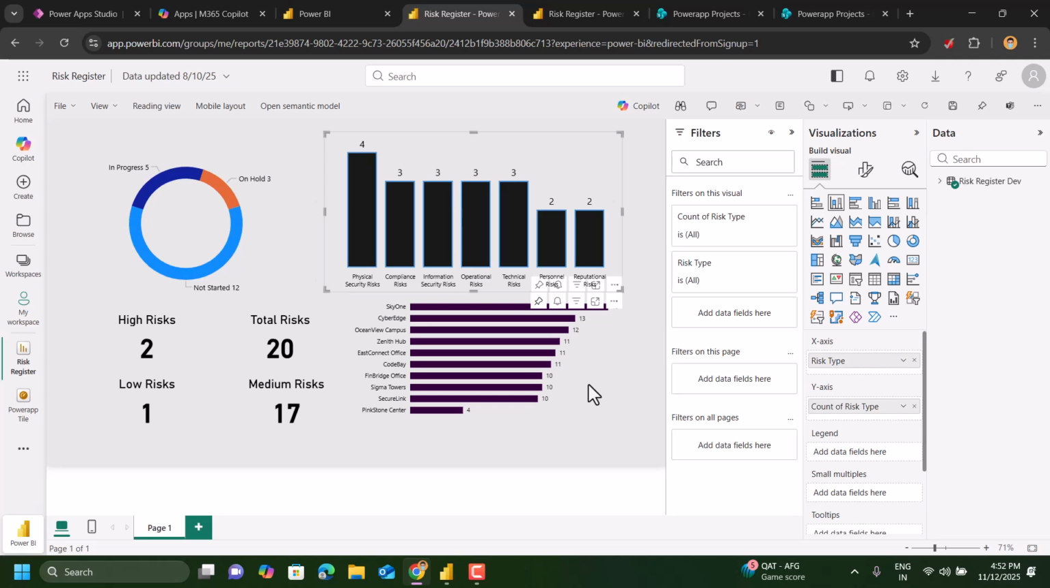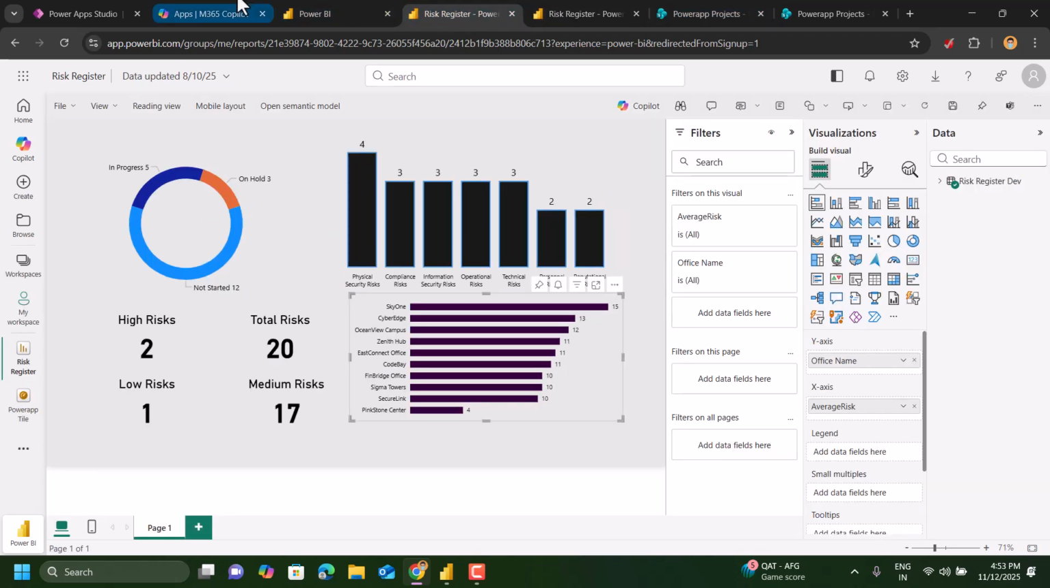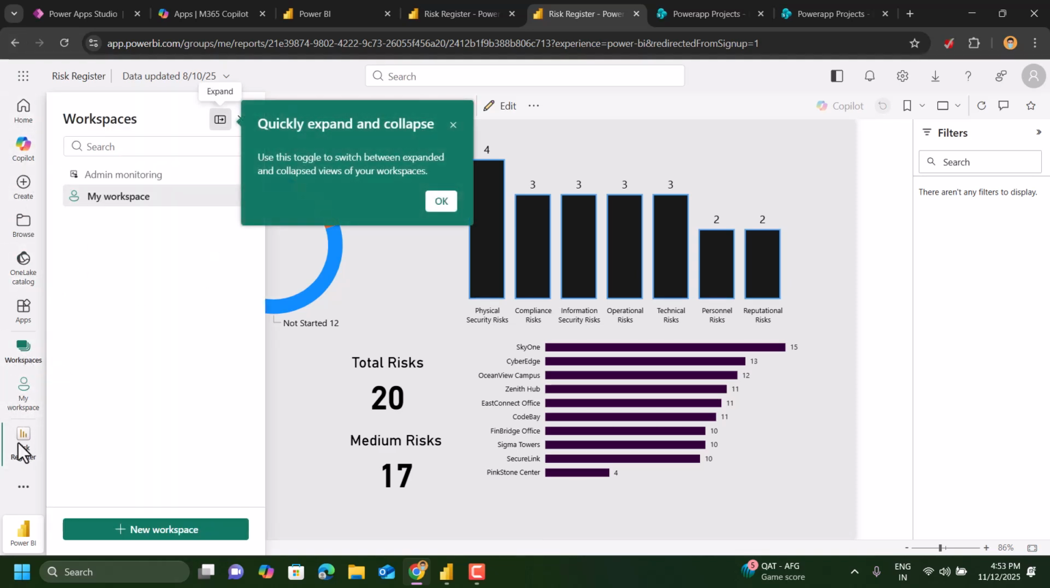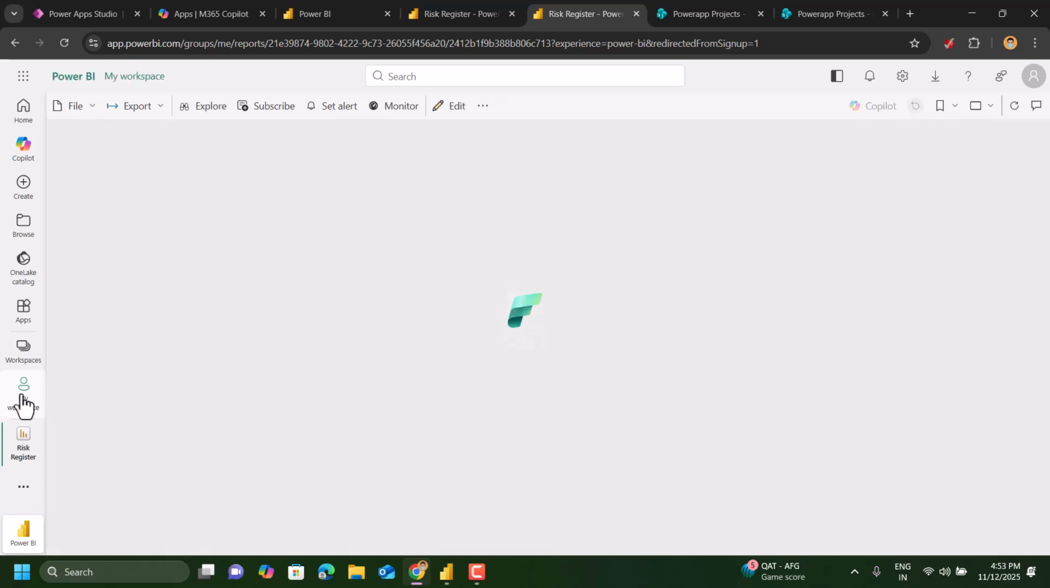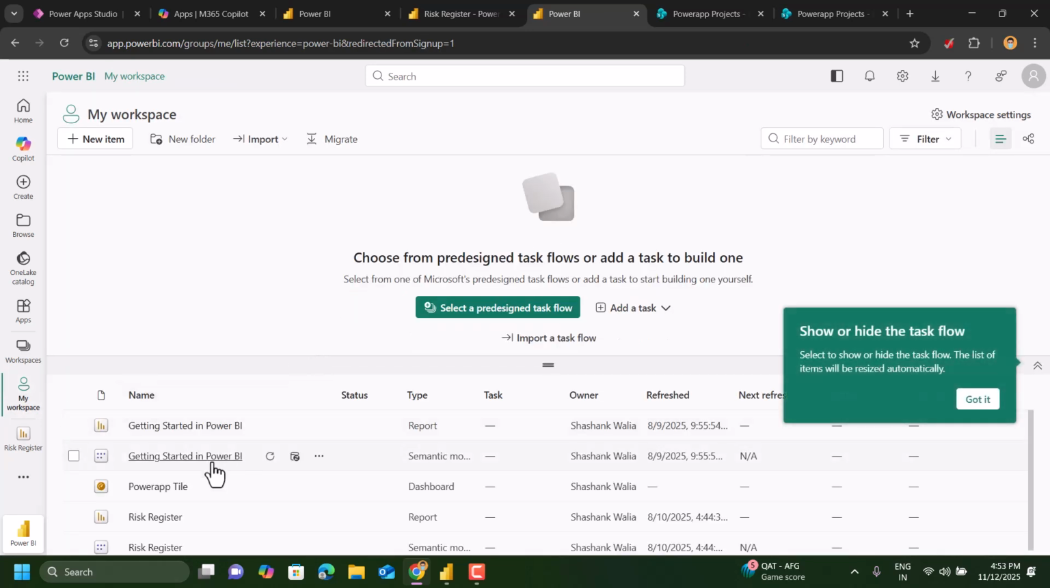So let me just show you. This is the dashboard which is published from the Power BI desktop, and this is a, I'm sorry, just a minute. Let me go back. My workspace. Yeah. Here you will see there are two dashboards. So this one is Power App tile, which I was talking about,